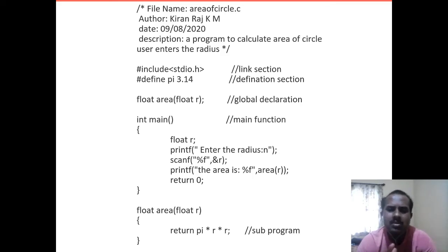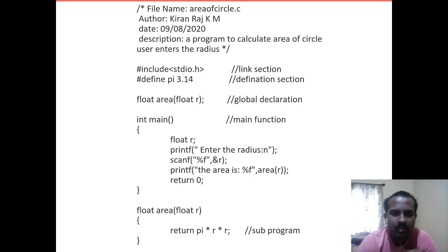Now why is it used? It is mainly used for future references. For example, let us say that I have written the program from here to here, from include to the last brace, and I directly give it to you. If I only do that, you will not know the purpose of the program, who has done it, when it was done, or which section is which.